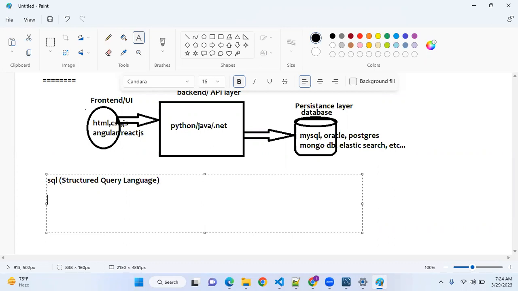So NoSQL, you know, there is no defined structure for it. All the databases that come under SQL will maintain some structure, and I'll tell you what that structure is. The NoSQL databases do not have a structure, but they store the data in a different form, which can be JSON or documents. I'll talk about that, but we will concentrate on SQL databases only, that is, structured query language.